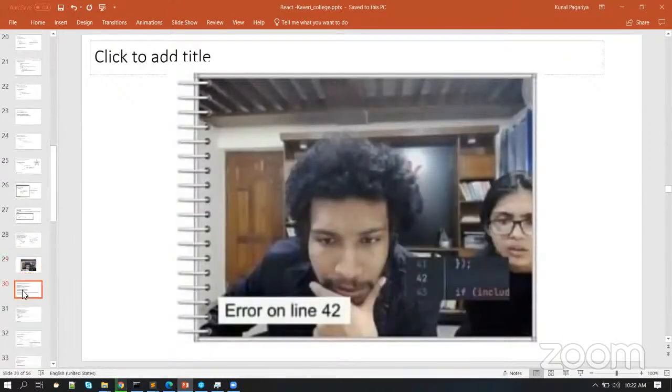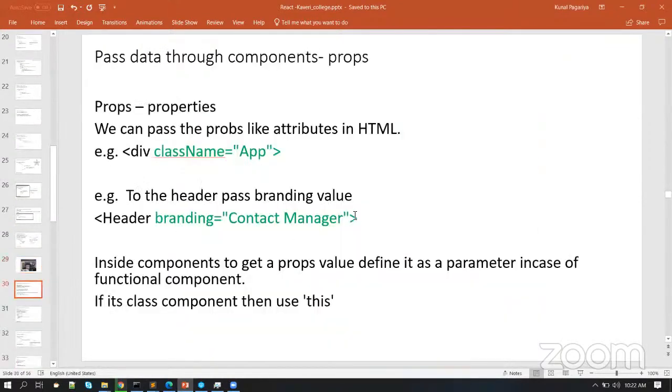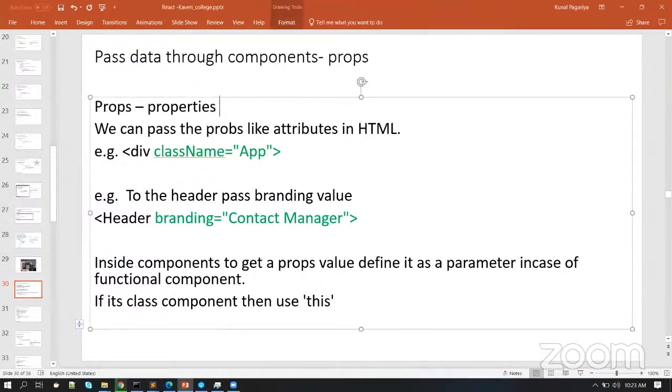This was our last slide. Okay, now let's see how we can make this application more dynamic in nature. There is a concept called props. Props is nothing but properties. Even you can relate this thing to an attribute